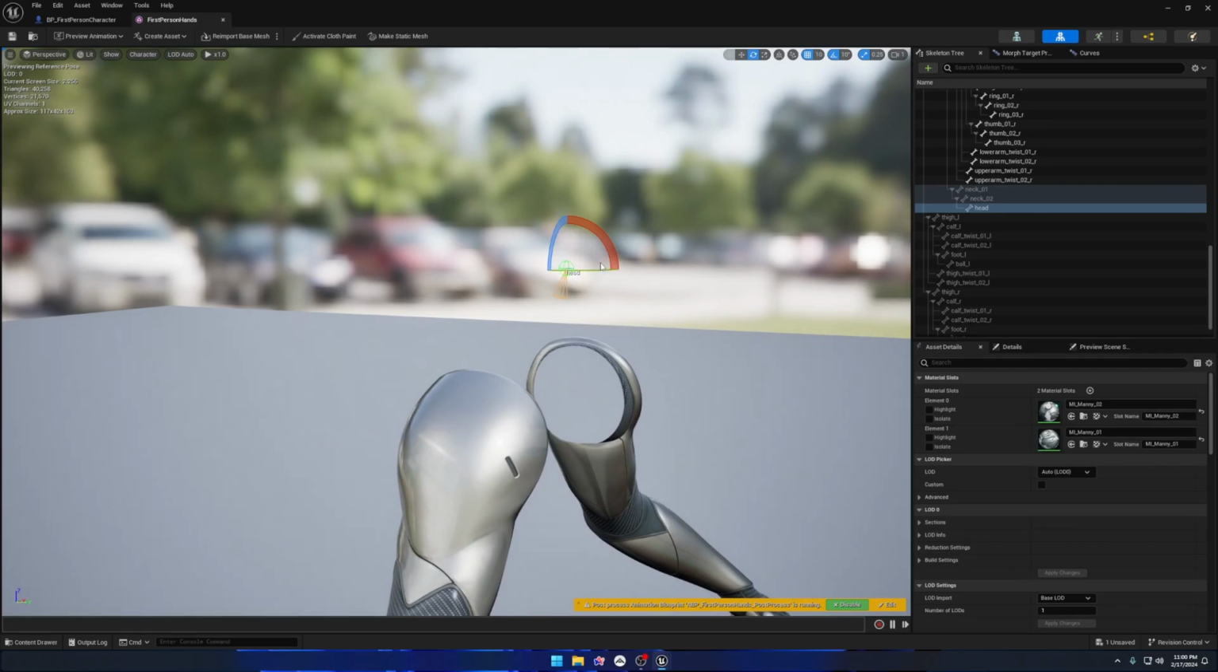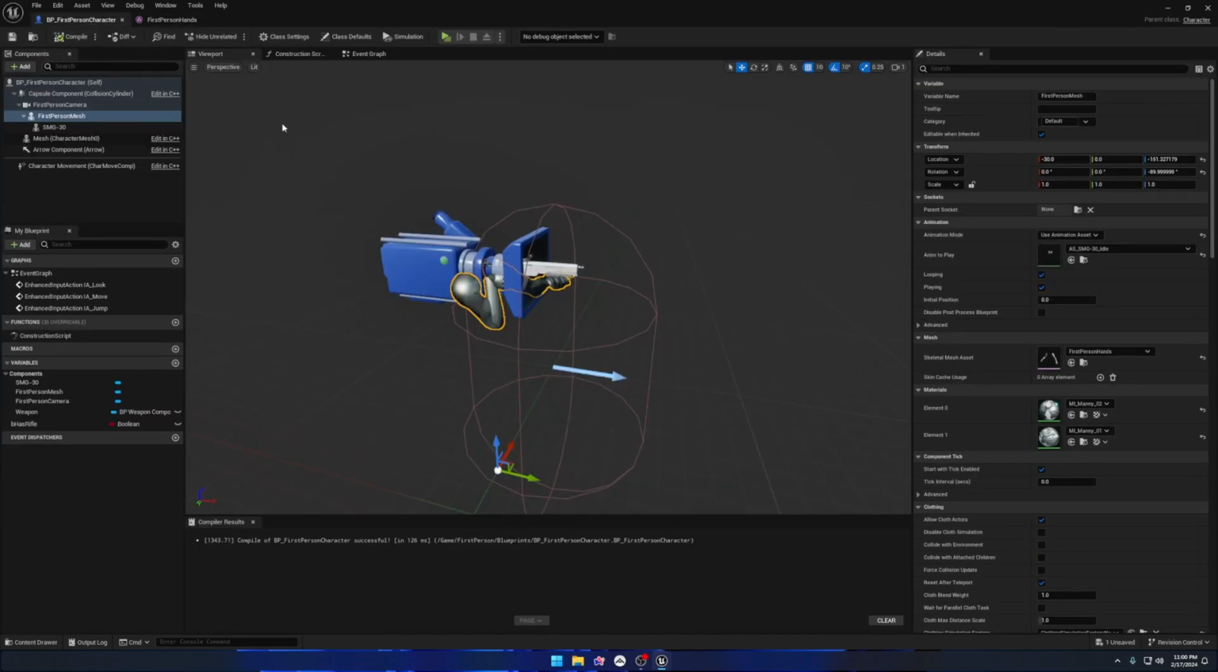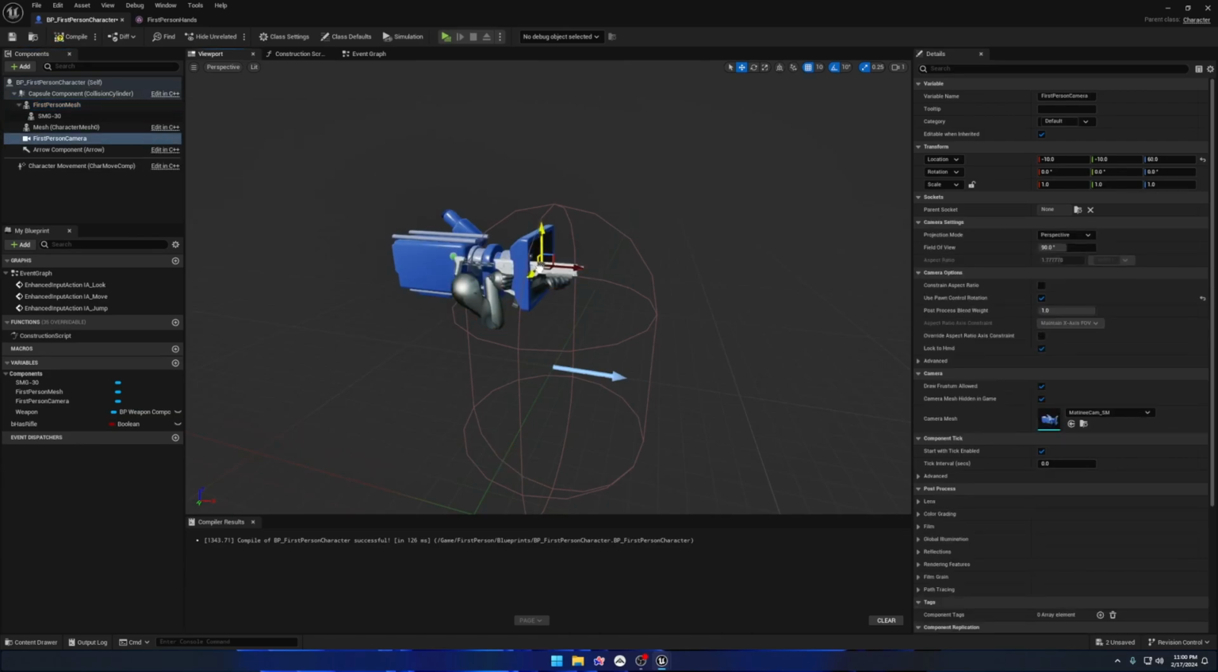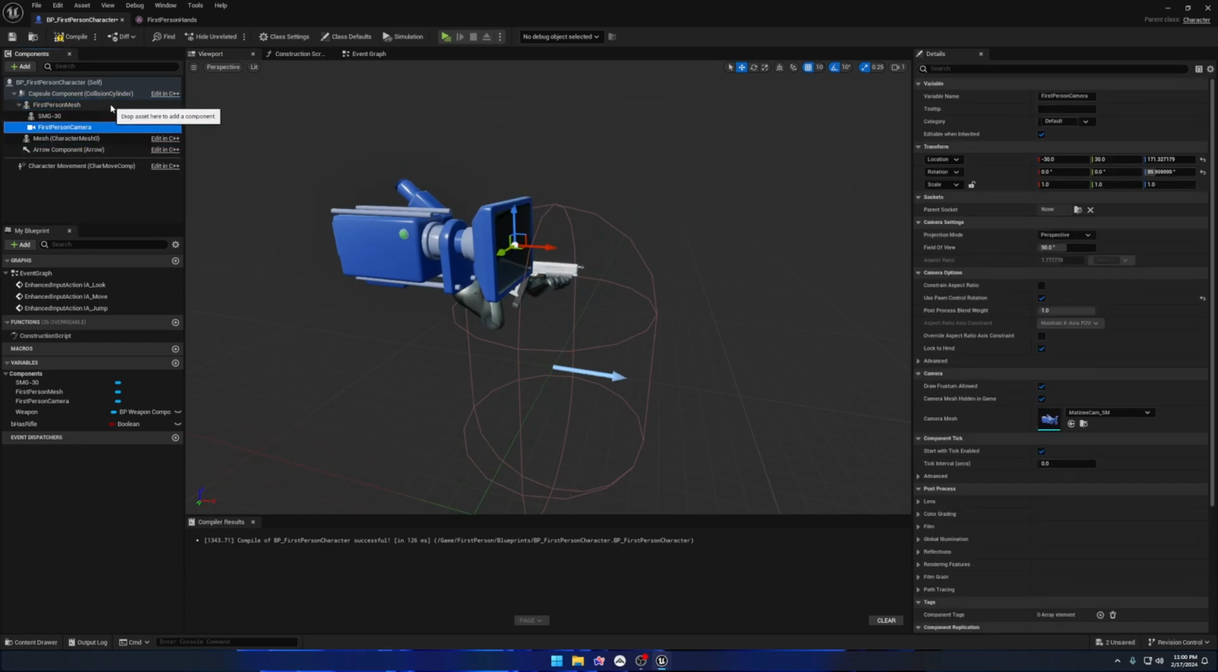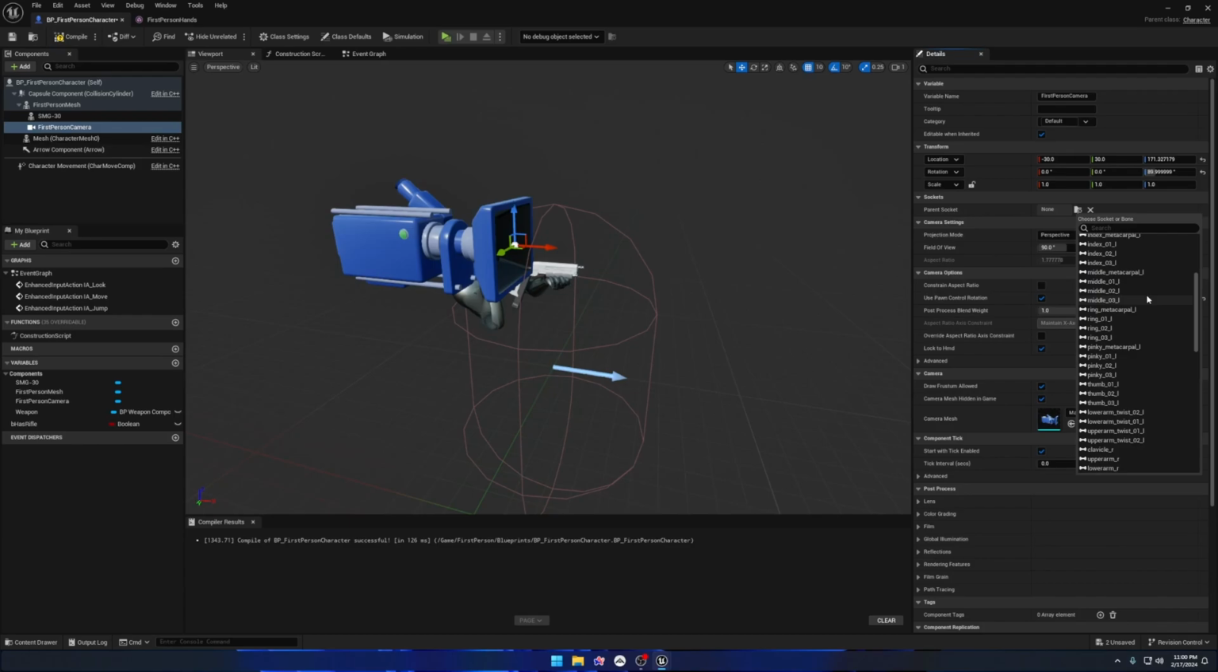Ideally, we want the camera to be located at this head bone. So I'm going to take our first-person mesh and move it down to attach it to the capsule component. Now we can freely move our camera. And now what I'm going to do is take the first-person camera and attach it to the first-person mesh. Now inside here, we can select that same drop-down, search for head,